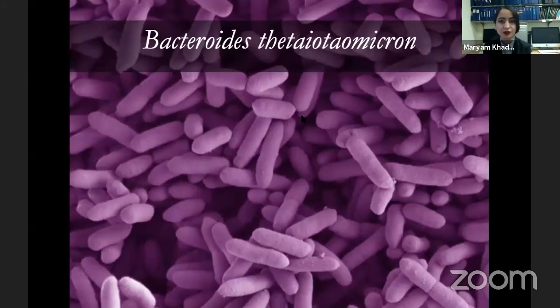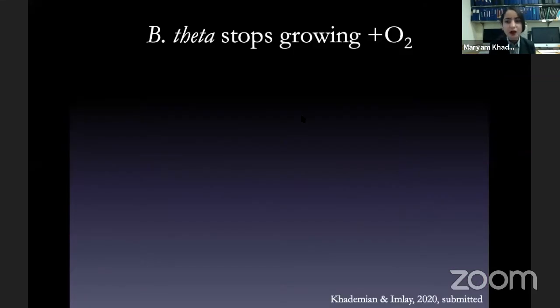In this project, I used an obligate anaerobe. It's called Bacteroides thetaiotaomicron. The Bacteroides genus in general is the second most abundant genus of bacteria after Firmicutes in the gut. They are particularly important because they are capable of degrading complex sugars and turning them into simple sugars that can then be used by other bacteria in the gut. Basically, Bacteroides trash is other bacteria's treasure. And what we know is that B theta